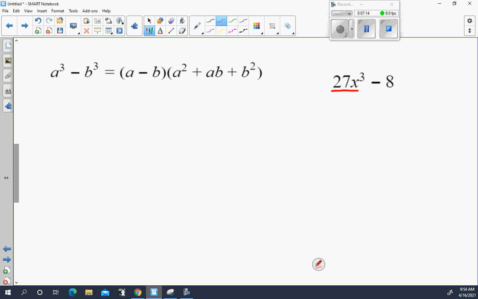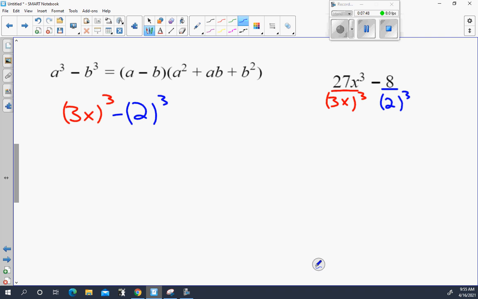What's the cubed root of 27? That's 3. And the cubed root of x cubed is just x. So we're going to have 3x cubed. And what's the cubed root of 8? Cubed root of 8 is 2. So we're going to plug it into our formula. We have 3x cubed minus 2